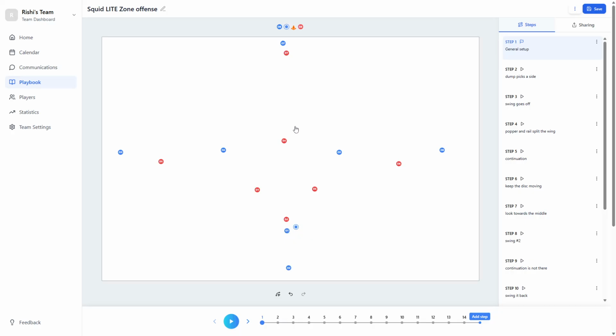Once we get a swing off, we have a sweep that looks to fill holes in the hat as they're rotating and take away any over the top throws through the middle. And then we have a deep defender who is obviously just guarding the deep cutter here. Great. So we have our setup. And now let's look at some strategies to get the disc past this hat